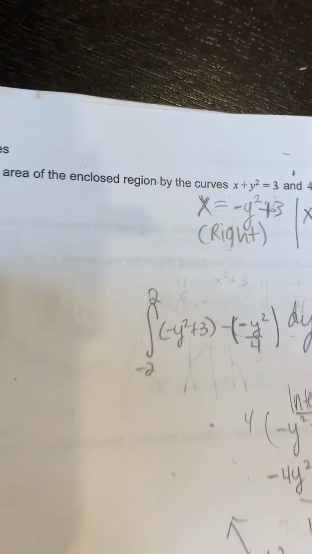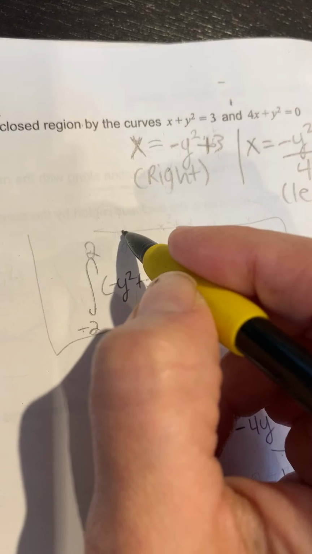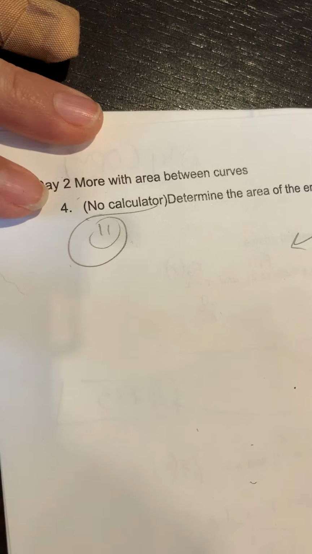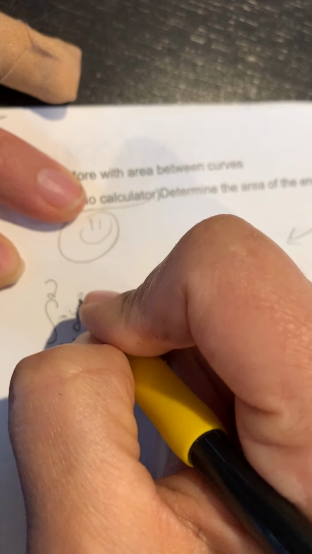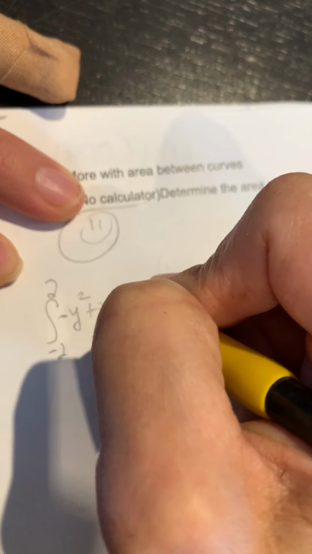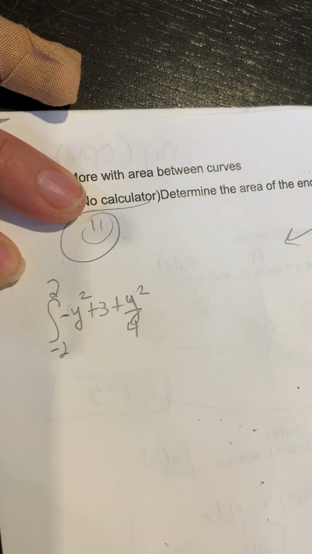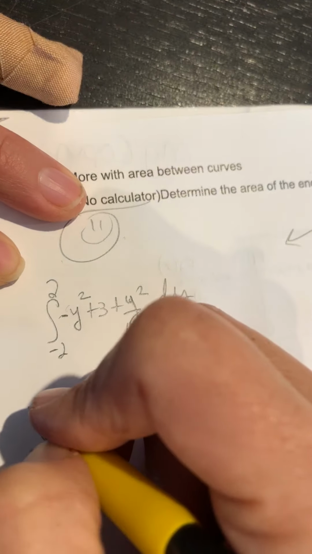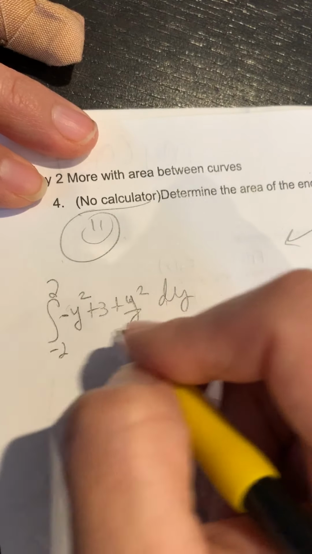There we go. That's what I have to find. All right, so I'm not done. I need to work this out, so I'm gonna bring it over here where there's more room. I'm gonna clean this up. Negative 2 to 2. So this is negative y squared plus 3 plus y squared over 4, dy. And if I get the antiderivative of that, I guess I could combine like terms here,